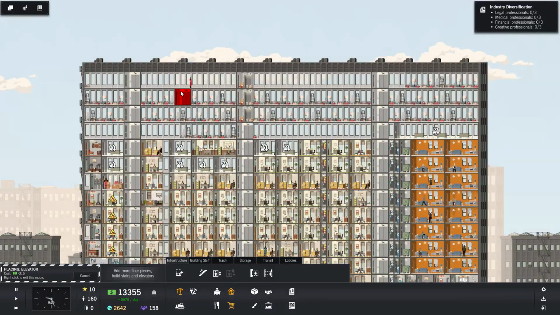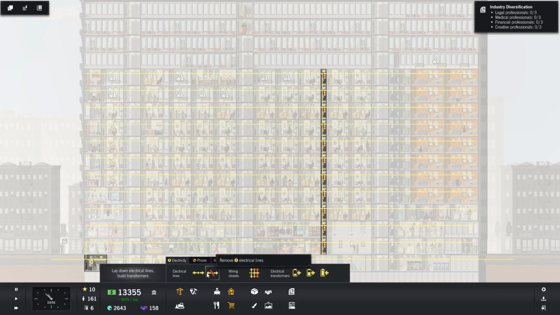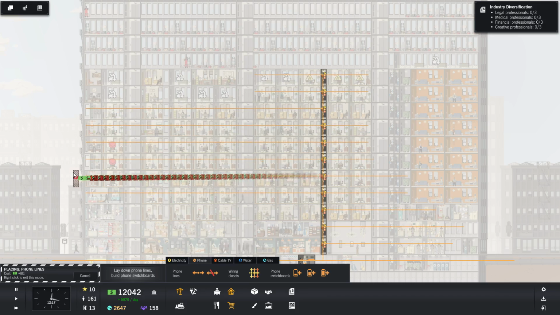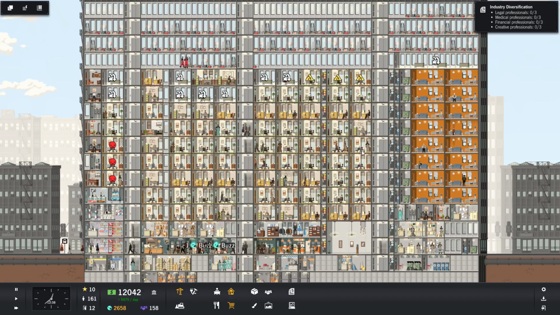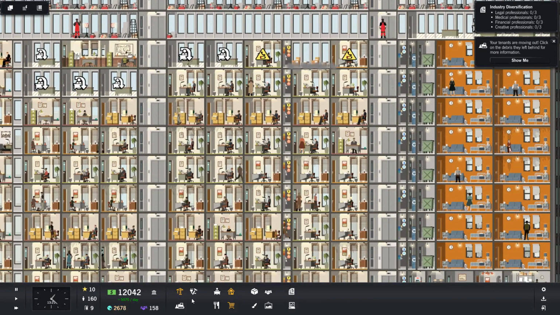I'm considering adding in more builders because the amount of expanding we're doing, we're requiring a lot, that's the thing. So we need to add in more phone lines right along here, right along this floor. As we can see, we're now basically putting in phone lines in every single floor. We're still making a good amount of money per day though, so I can still afford this mass expansion, but